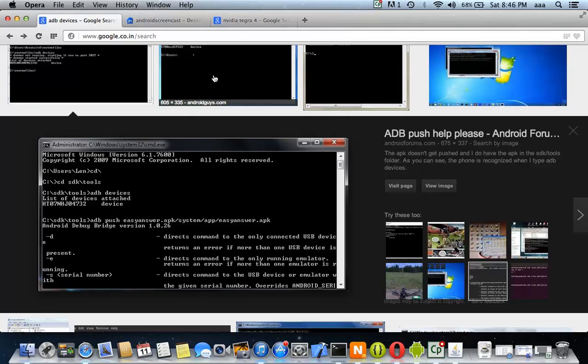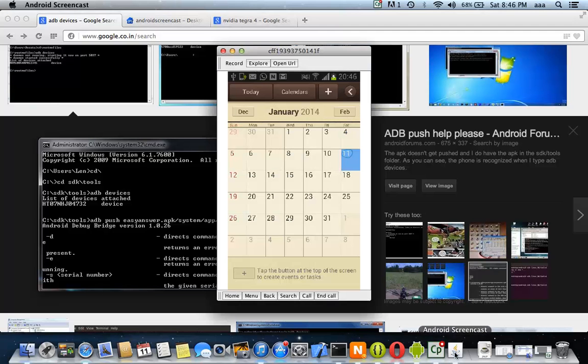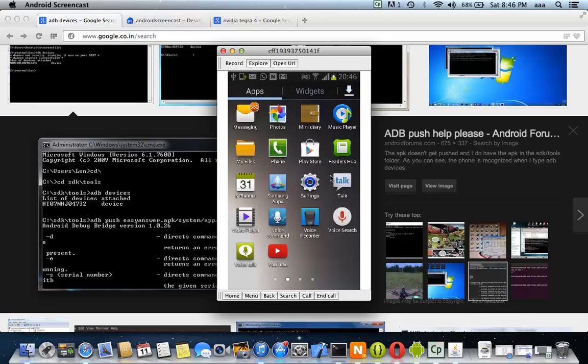So right now what we saw in this particular session, I showed you the Android screencast and how it works. I gave you tips to start USB debugging in the developer options. I hope you enjoyed this session, and this Android screencast is a very handy tool to record screens, so you will really enjoy this tool. I'll see you next time, and thank you so much.